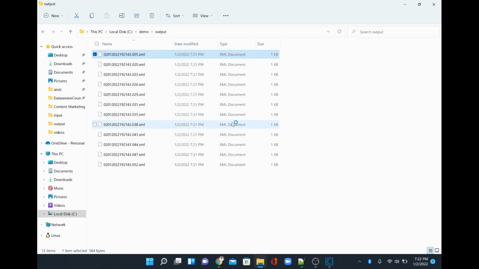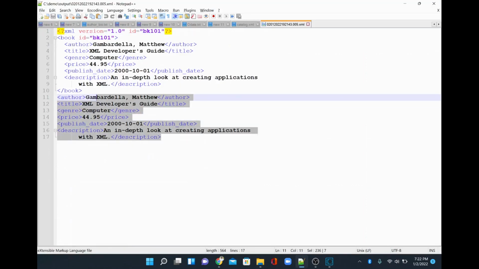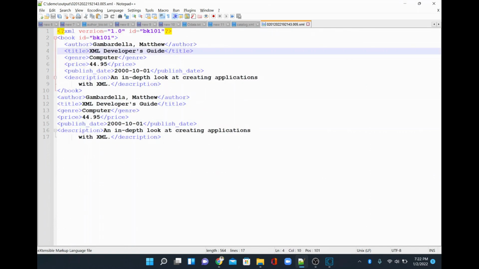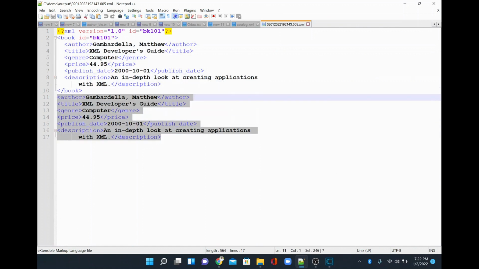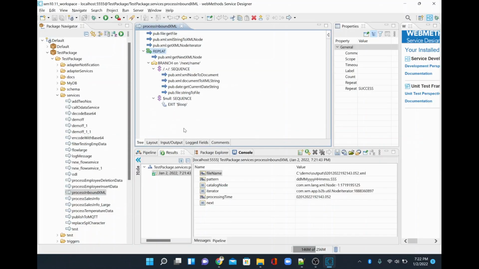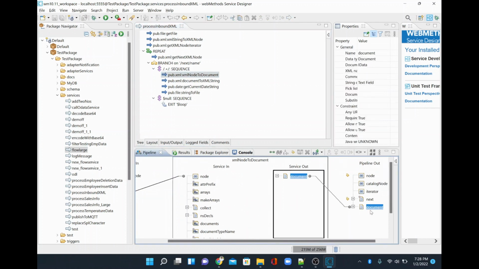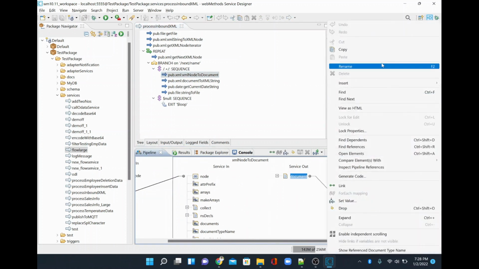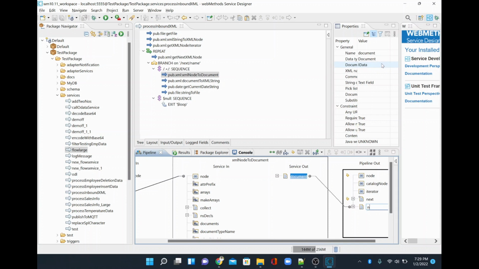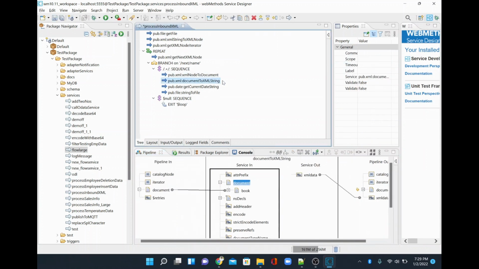Open with notepad. See here, the data is just clumsy, and this book information, right, which is ending here, and then whatever is there under the document level, that is also getting mapped, which I need to drop properly. Okay, as it is not working, what will I do quickly? So this document, right, instead of mapping to document, I'll just change this to book, so that everything will come under book. And this book now, right, I'll just go here, and okay, it's not saved, so I'll just go